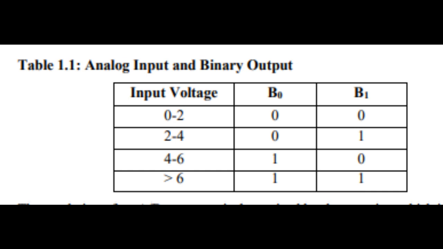The percent resolution can be computed using the following equations. Percent resolution is equal to step size over full range times 100%. Percent resolution is equal to 1 over 2^n minus 1 times 100%. In the above example, therefore, the percent resolution is